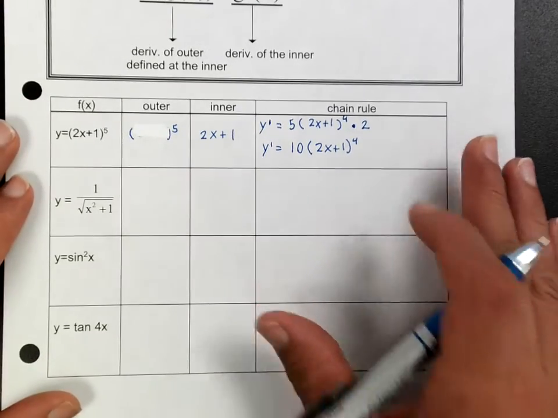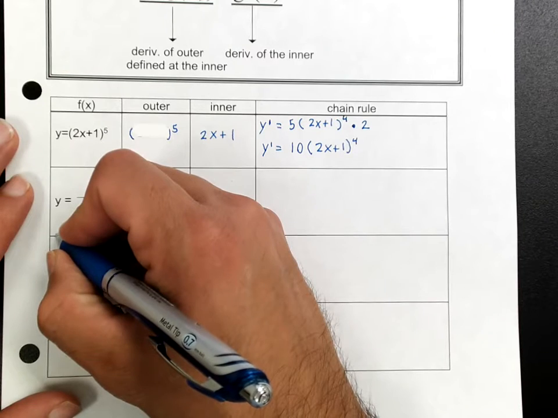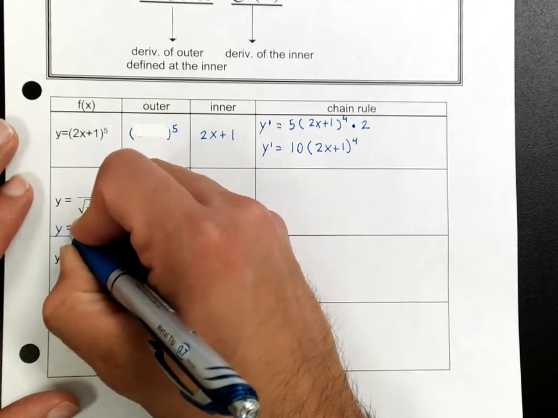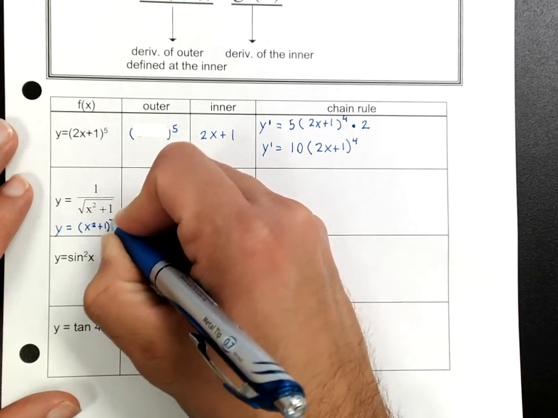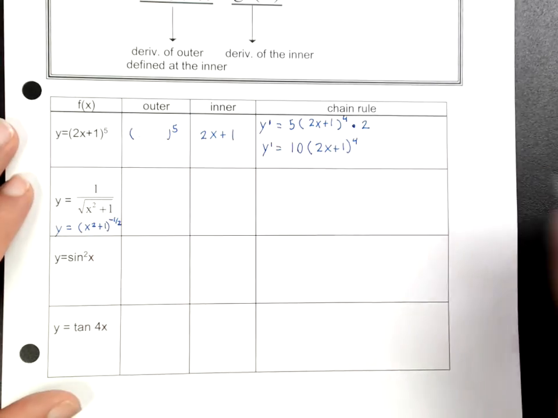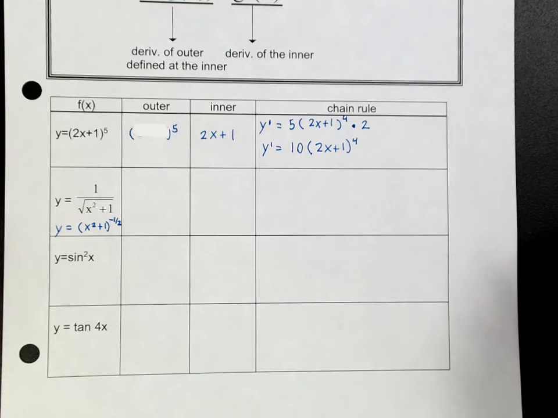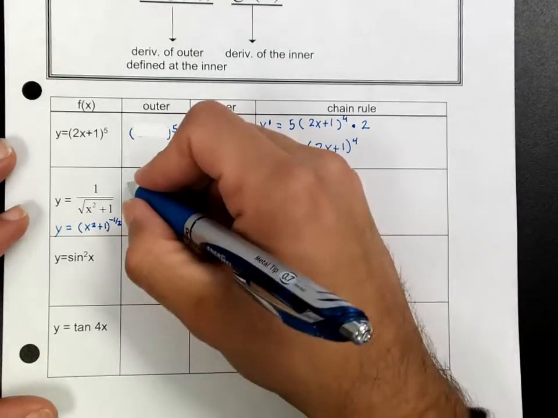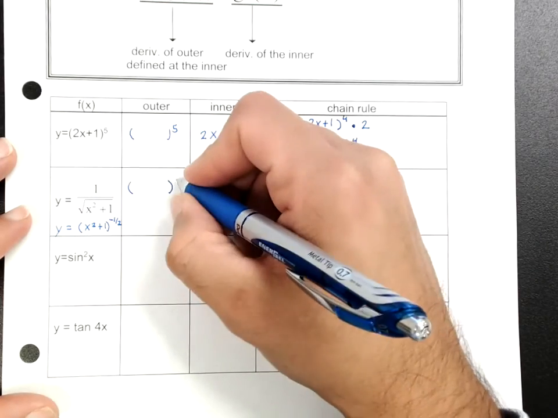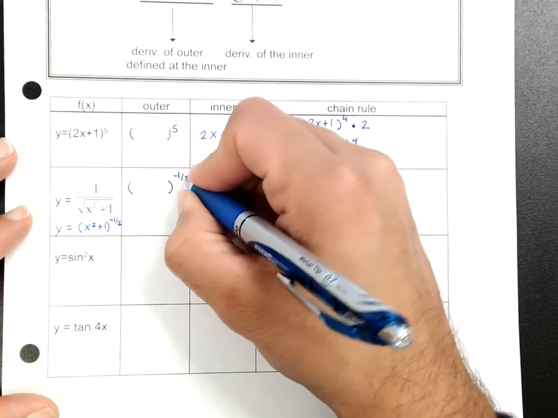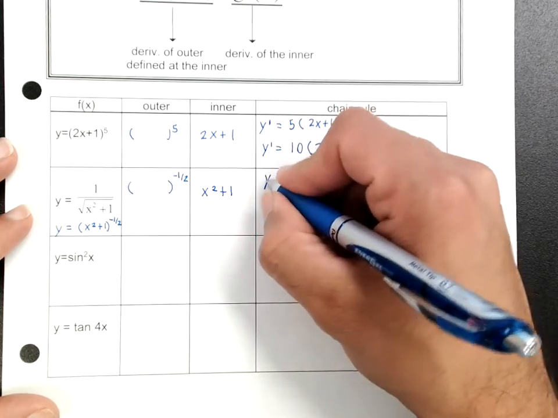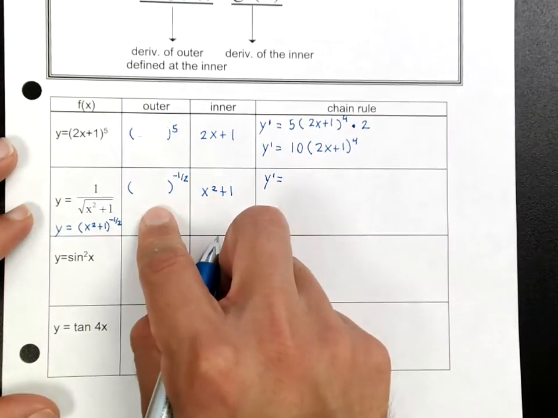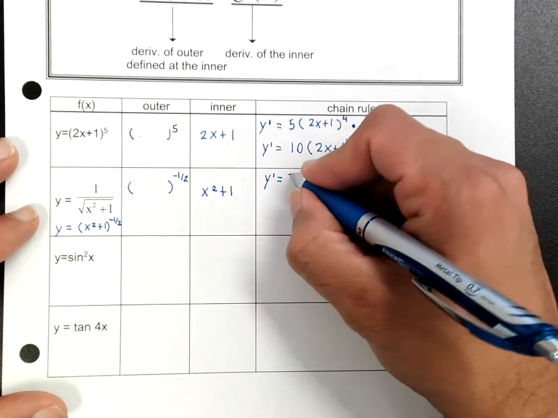So now, I can rewrite this as y equals x squared plus 1 to the negative 1/2 power. So one more time, we have a chain rule, where the outer function is this right here and the inner function would be x squared plus 1. Now to take the derivative, that would be negative 1/2